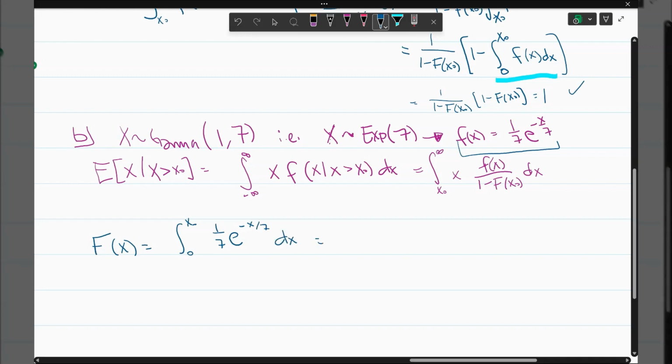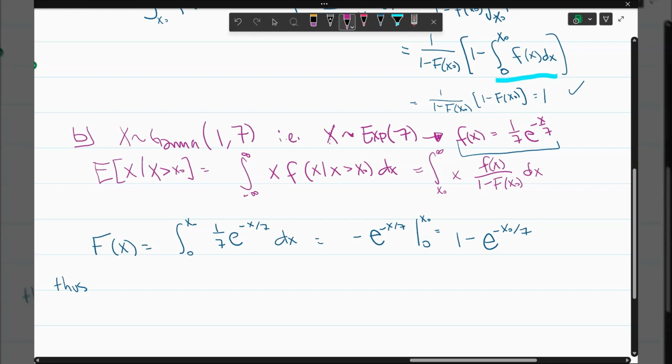Antiderivative is going to be negative e to the minus x over 7. Go from 0 to x naught, and we'll end up with 1 minus e to the minus x naught over 7. Okay. All right, so if we incorporate that into this problem,